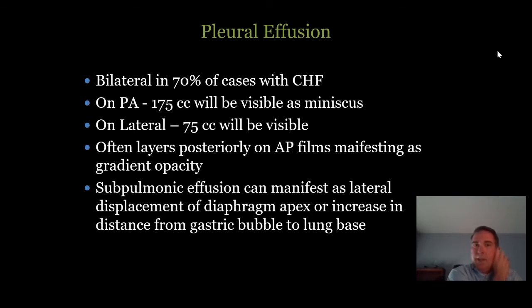They want you to realize that the lateral is going to be more sensitive to small pleural effusion. So you can see greater than 175 cc's on the PA. On the lateral, you can see as little as 75 cc's. On an AP that is semi-erect, you can hide a liter. I mean, it's amazing. If you ever look at a CT